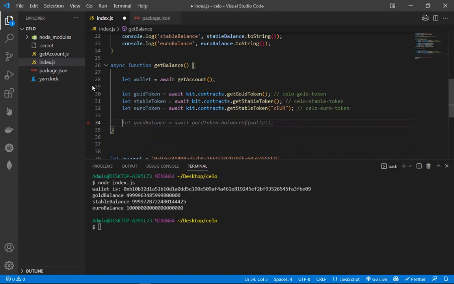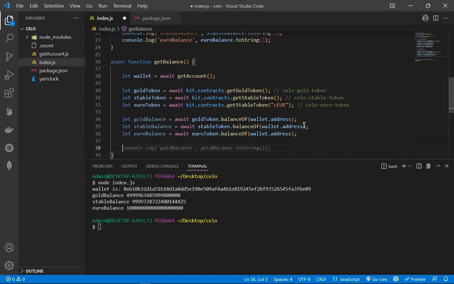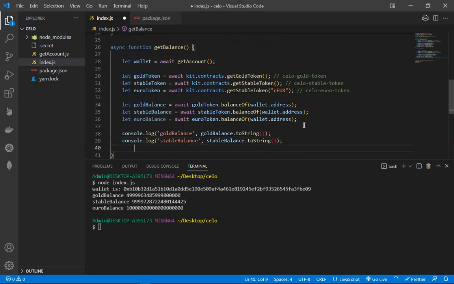Then we can console log this. So this one will be 0 because we don't have any funds on the wallet. Yeah. Then remember how we did it? Wallet dot address. So this one will be empty. Then we'll have that one, the same way, and then we can console all this. So these ones will be empty because they don't have any